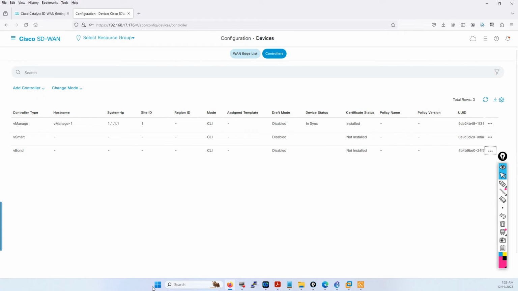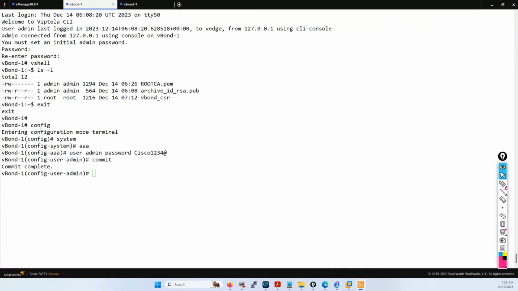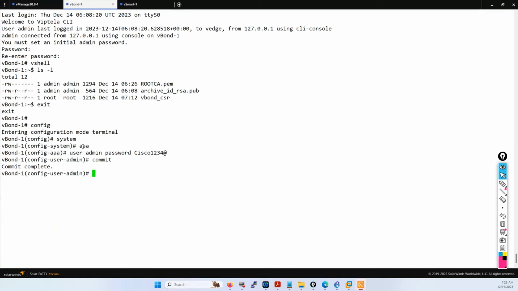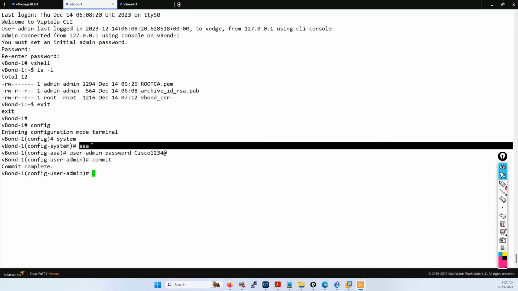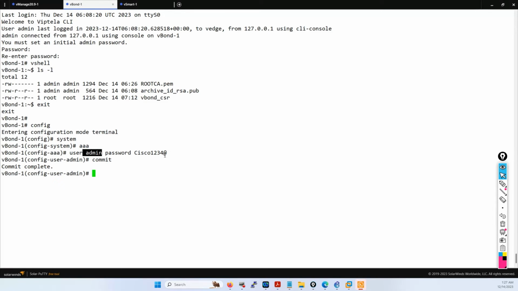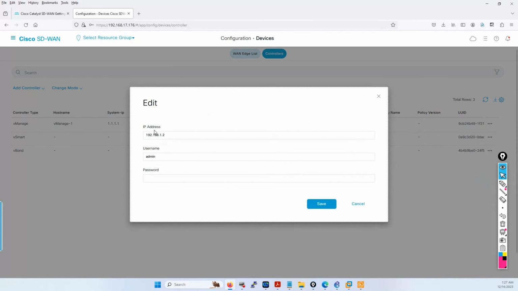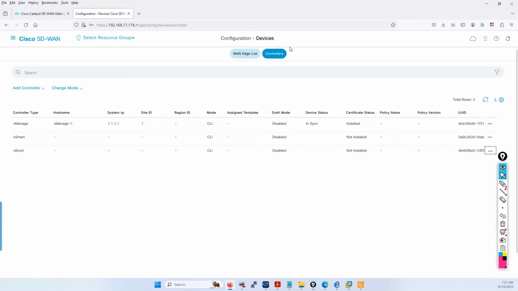So I'm going to show some updates that I just did offline. I went back, I logged out of vBond and logged back in as an admin user, and I have changed the password of the admin user to this password and went back to vManage and updated the username. Instead of using the username that I created, now I'm using the admin with the new password that I just created. So now let's go back and try to install